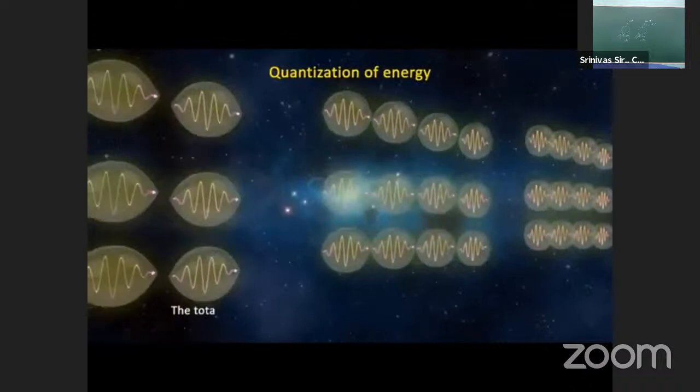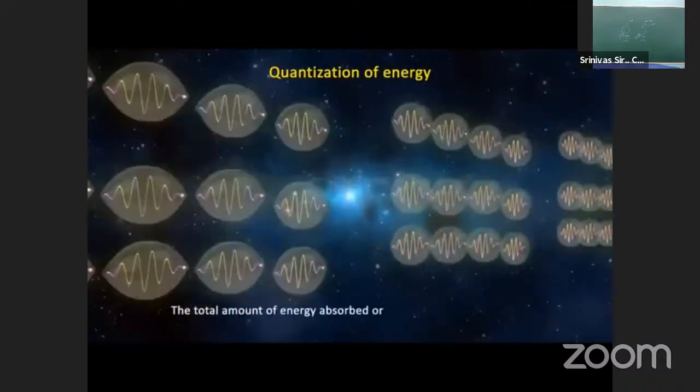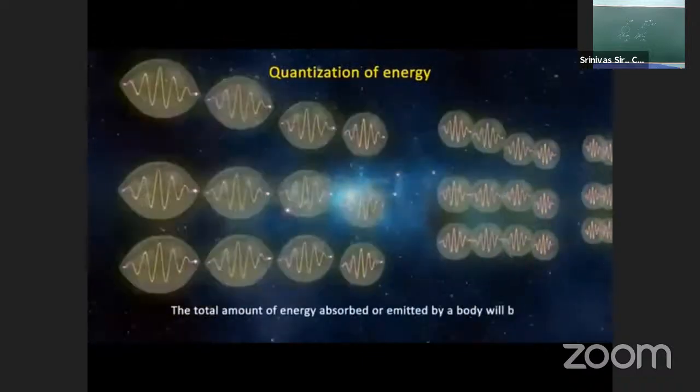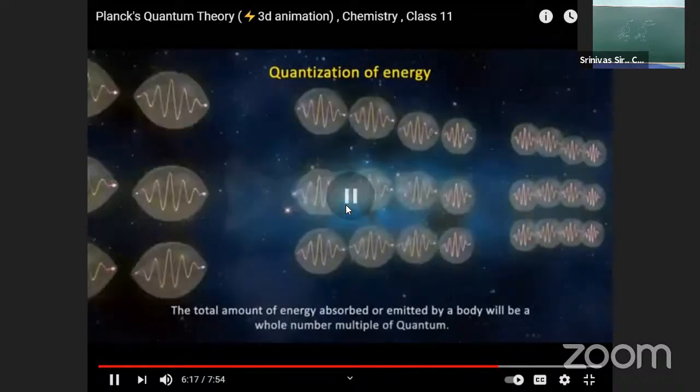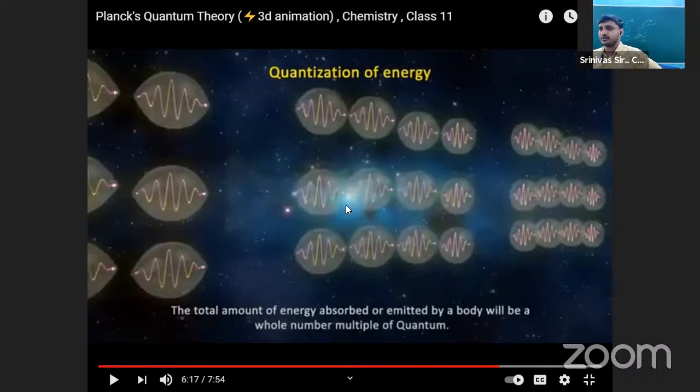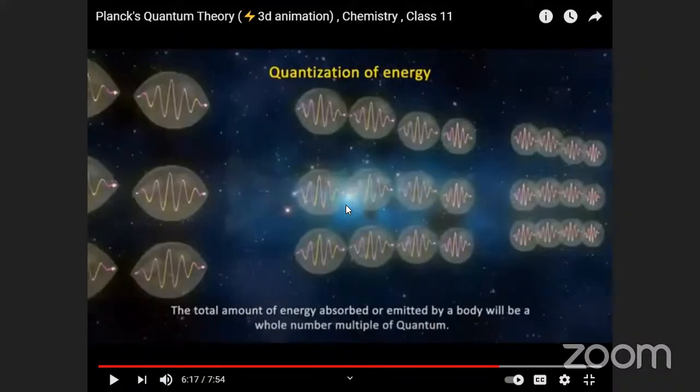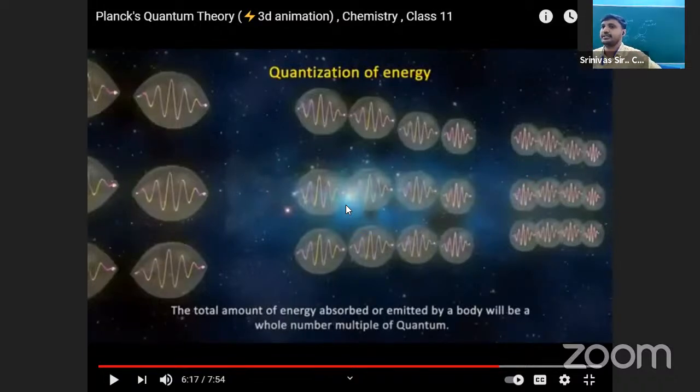The total amount of energy absorbed or emitted by a body will be a whole number multiple of the quantum. Guys, just note it down. What does it mean? E is equal to n times h nu, right? Here, the whole number is nothing but that n. N is speaking about how many energy packets, the number of photons. Yes or no? So note it down. This statement is